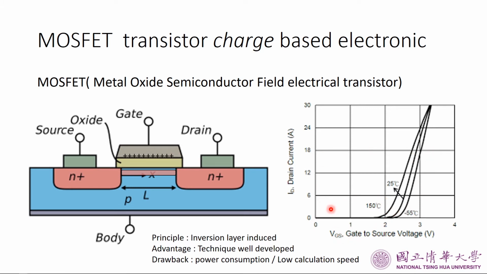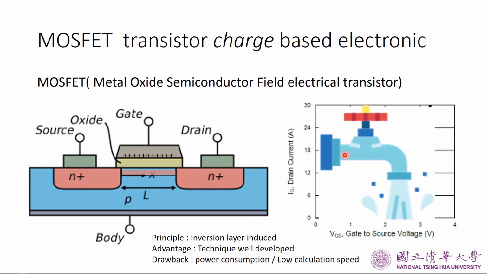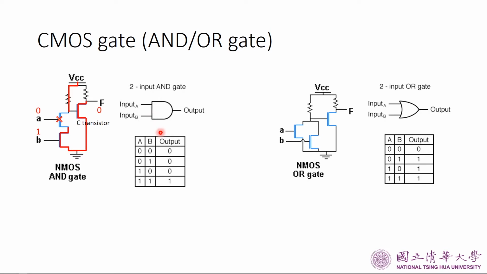Finally, a simple analogy of a field effect transistor is like a faucet. If we turn on the gate, just like we turn on the switch, water or current will pass through. After understanding the working principle of a MOS, we can find something interesting if we combine several MOSFETs in a specific